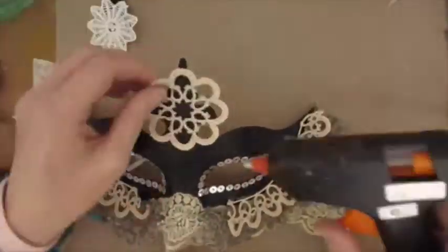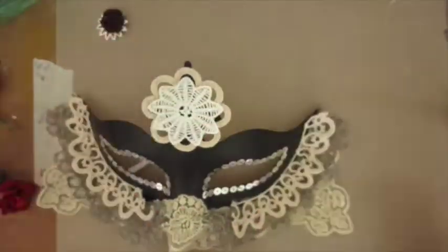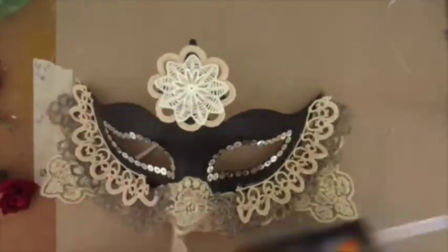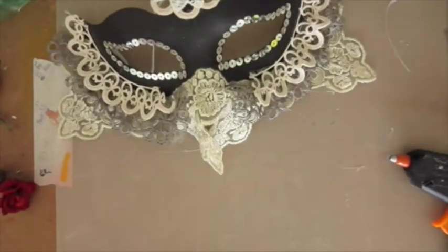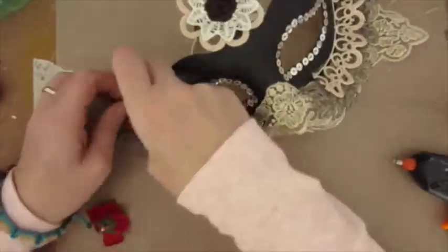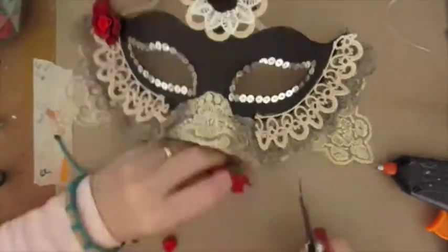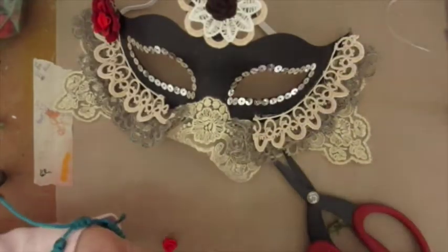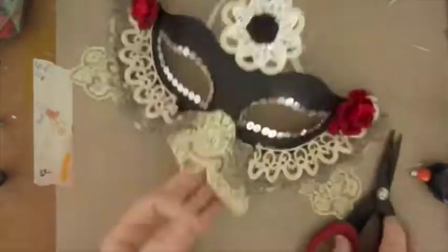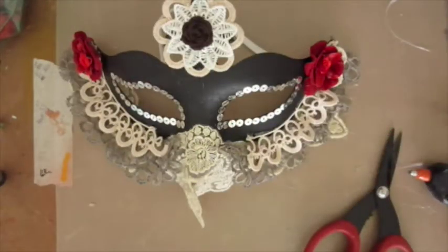So on the top there you can see the 3rd circle that I cut out of that one doily, which was good. That piece there came from a little rack that I got from Debbie Vignolia, and I put a little silver charm on there and a brown rose. And here I've got these red roses I found along the side of the street. They'd been thrown out, so I just picked them up because I knew I'd be able to use them in something. They're plastic, artificial flowers,